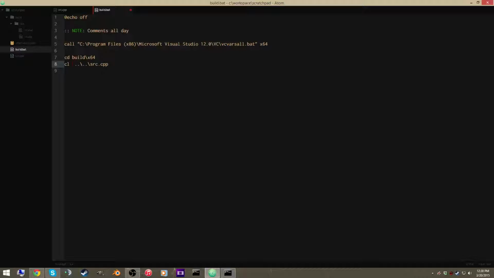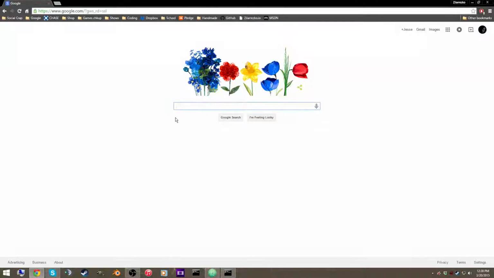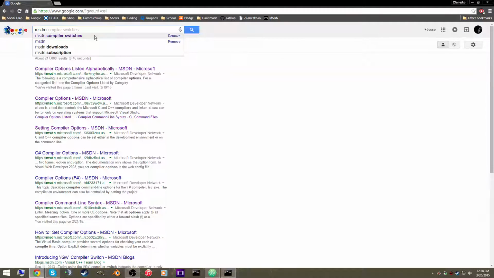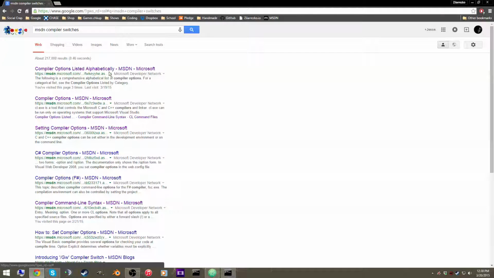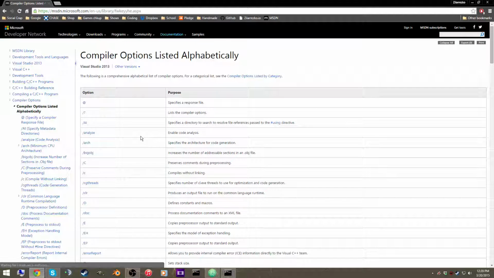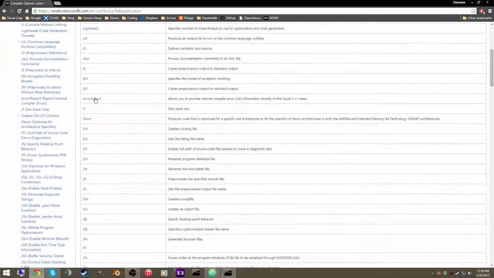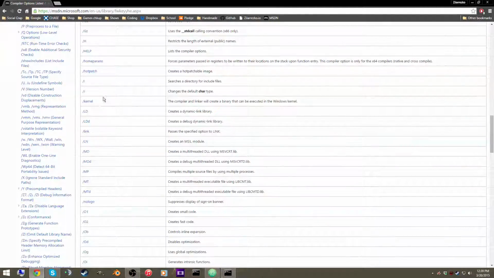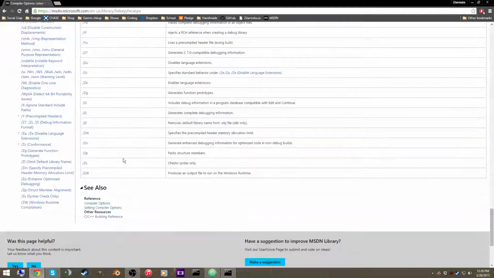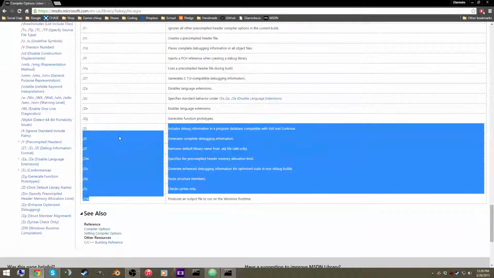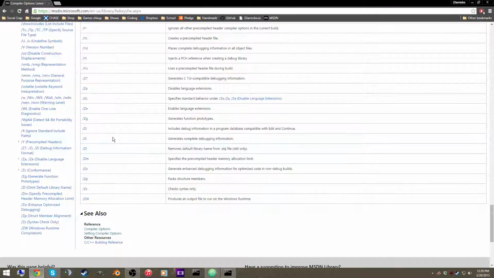If you go to MSDN, and I look at it quite a bit, so if you navigate to the compiler options listed alphabetically and wait for MSDN to load, because it takes a while, because MSDN is always slow now. You have all these compiler switches that you can use on your build for your compiler. Things like